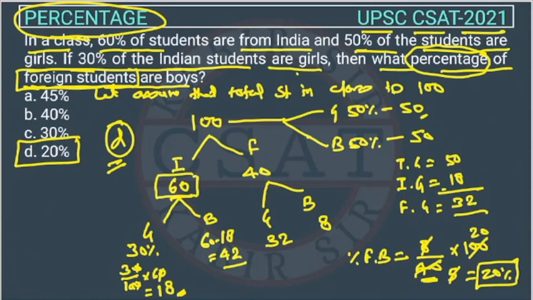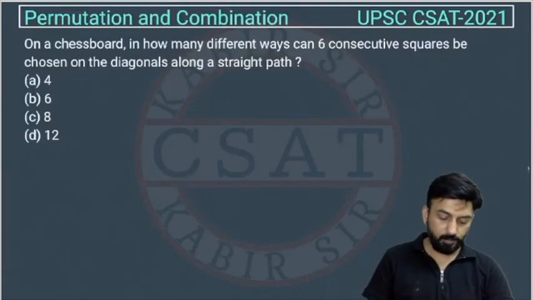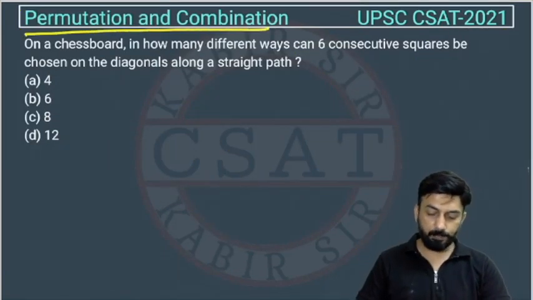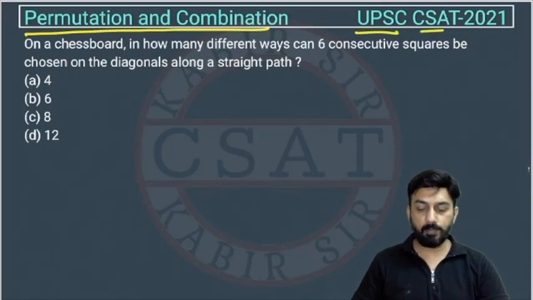I hope ये आप सबको समझ आ गया होगा. If you guys still have some issues in that, so you can connect with us and I will explain you this question personally again. This is a question from permutation and combination chapter asked by UPSC in CSAT paper of